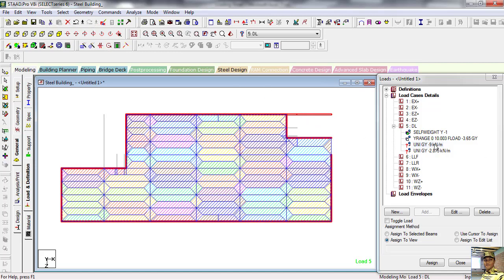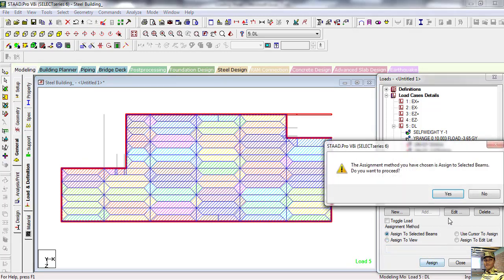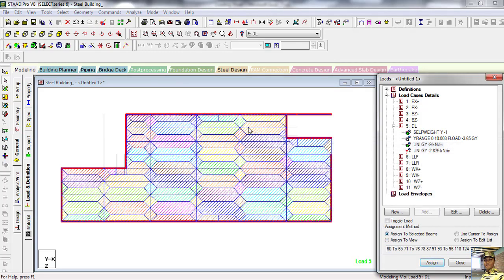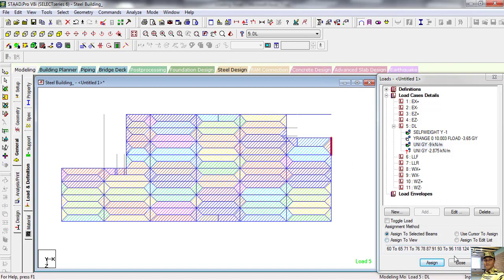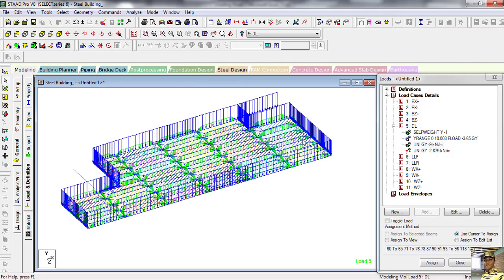Now see, assign to selected beam, assign, yes. Now there is one mistake here, so select this one also and assign to selected beam, assign, yes. Now see the isometric view. Now the load is acting.